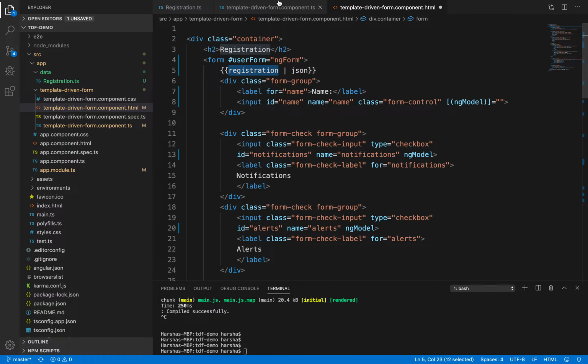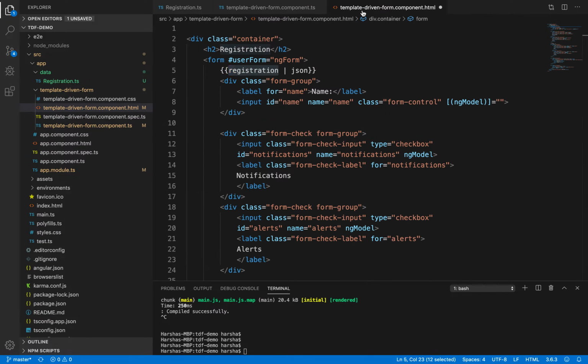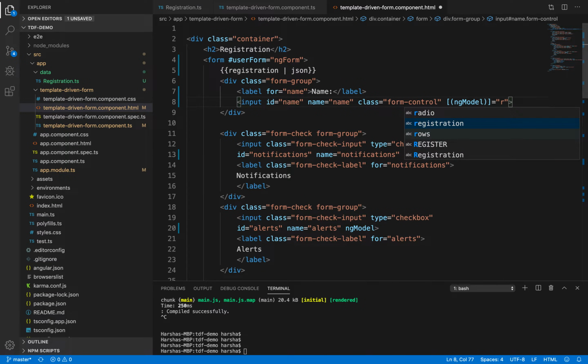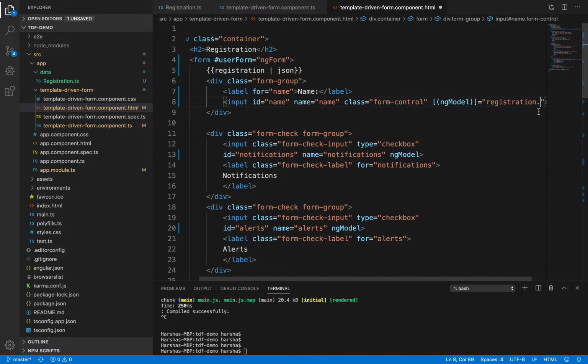This is the property we are using from the component.ts file, where we are storing all the values for our fields, and to access these fields we can use this property name. So we need to assign this to the respective property, that is registration dot, by making use of the dot operator.